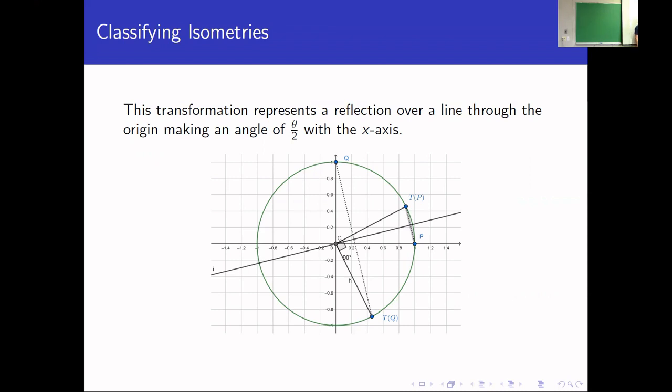Anything that was below the line of reflection ends up above the line of reflection. And things that were above the line of reflection end up below the line of reflection. Okay, you might not be able to see it in this picture, but that really is a 90-degree angle right there, going from here down to here. So this is equidistant. Okay, that's the bisector of that line going through Q, and it intersects the unit circle at that other point, T of Q. So that really is a bona fide reflection about that line,